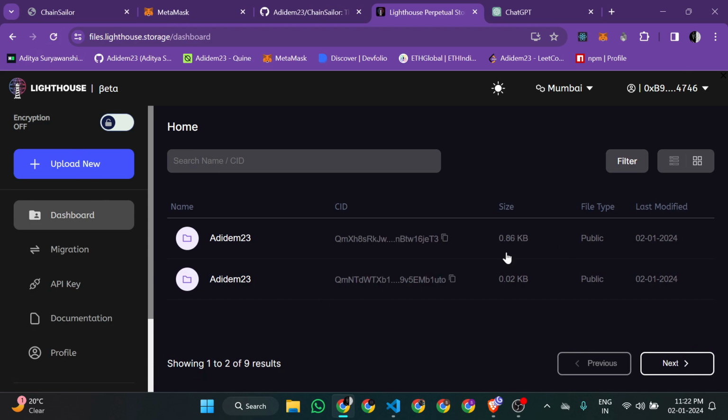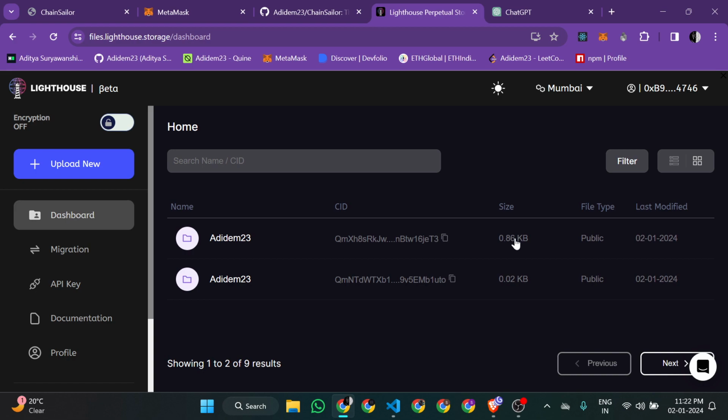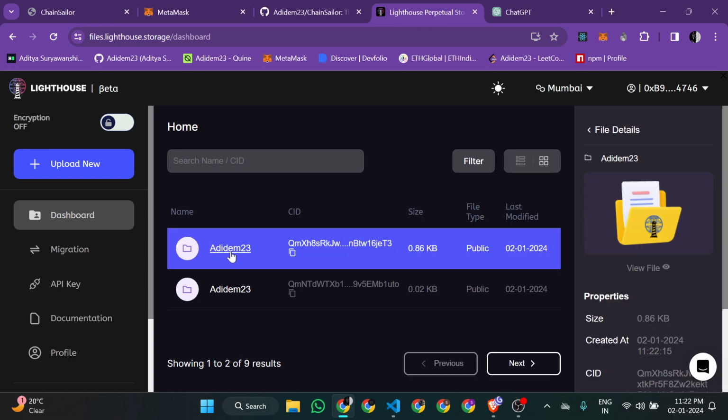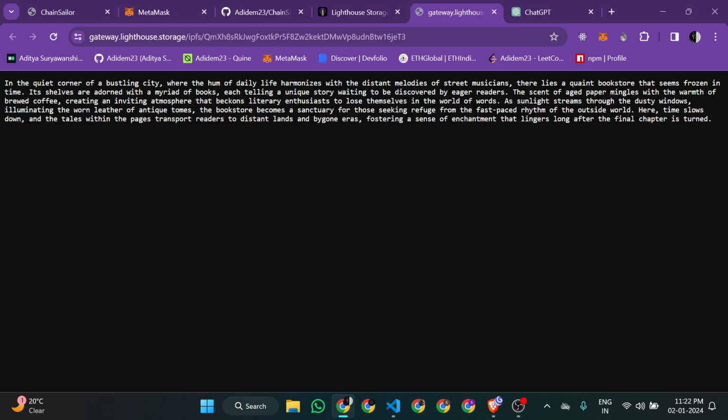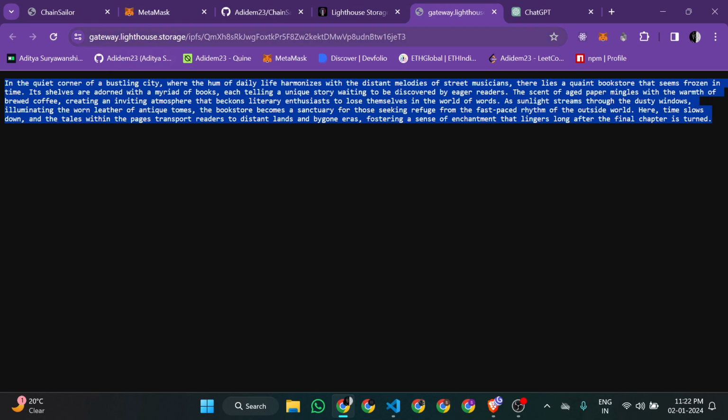So here you can see, I think this is the data. Yeah, this is the recently uploaded file, and you can go through it. Here you can see the text which I have given was uploaded to IPFS on this